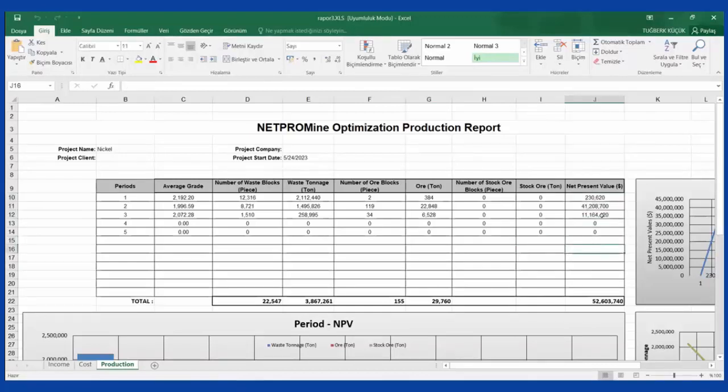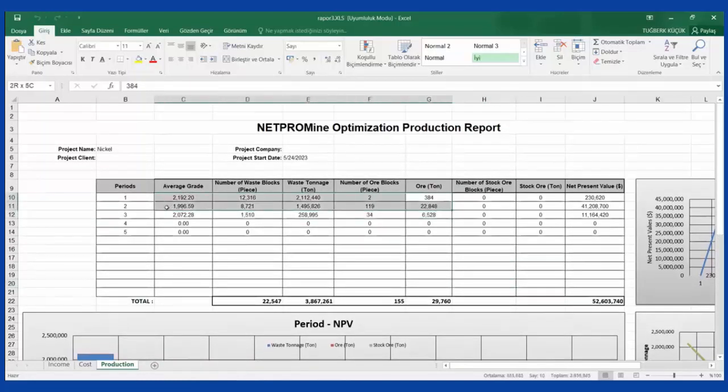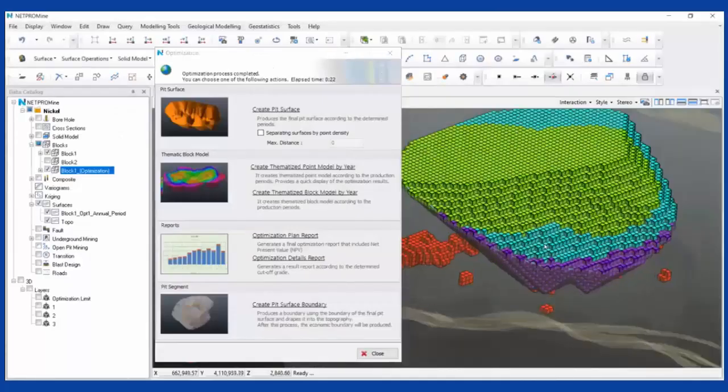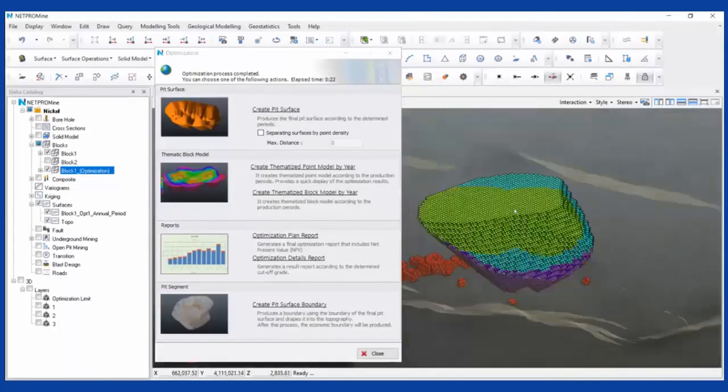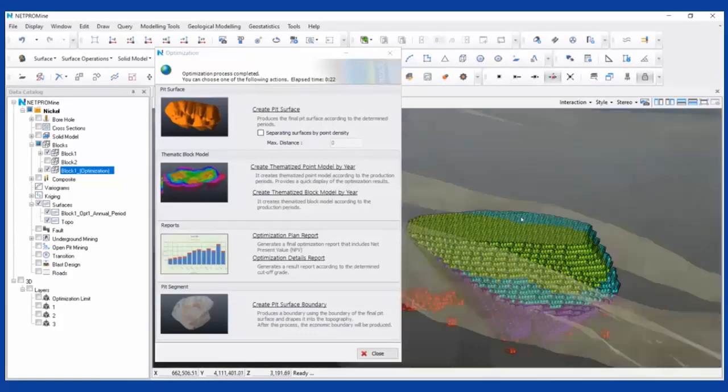That's why we have a high NPV here. But we can actually see the tonnage of the material that we are extracting also. And we can see the valuable parts from the optimization. So this is actually the valuable part. Let's change some of the parameters